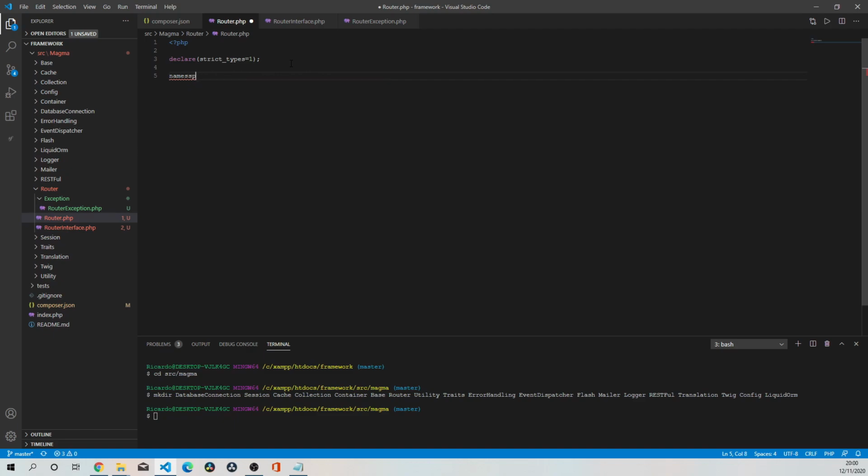Namespace, it is Magma router, and I'm going to actually explicitly bring my router interface in. I don't have to because I'm in the same directory. I can just implement the router interface, but I'm going to explicitly bring in my use case. So I'm going to say use Magma router interface,